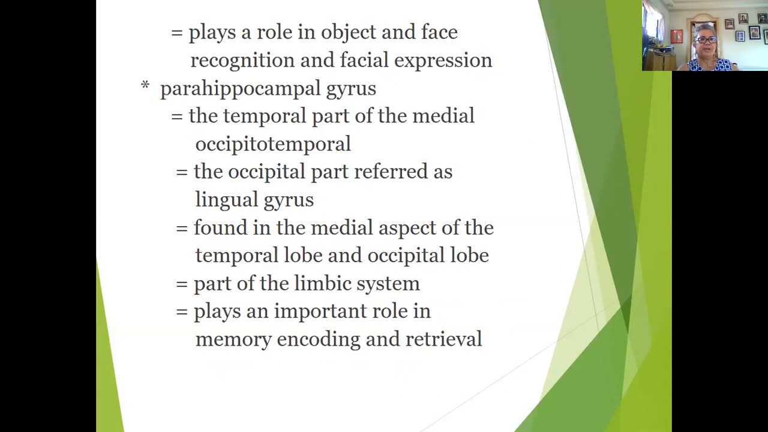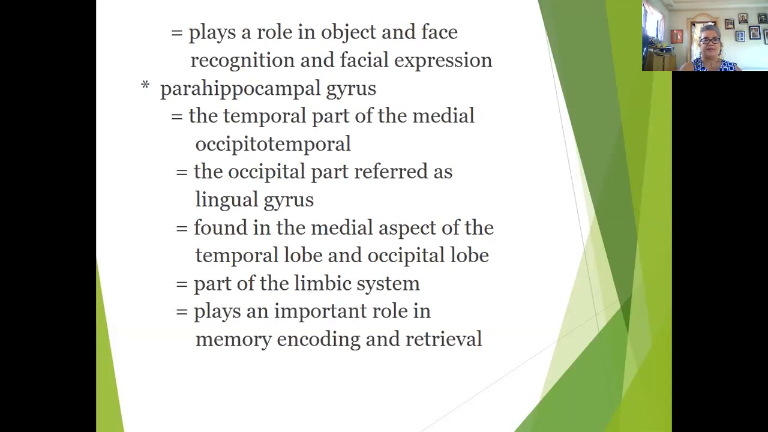Then you have also your parahippocampal gyrus. We are already on the medial side of your temporal lobe. You have the temporal part of the medial occipito-temporal gyrus, your parahippocampal gyrus. The occipital part is referred as the lingual gyrus, and this is found in the medial aspect of the temporal lobe and occipital lobe. And your parahippocampal gyrus will play a part in the limbic system and plays a role in the memory encoding